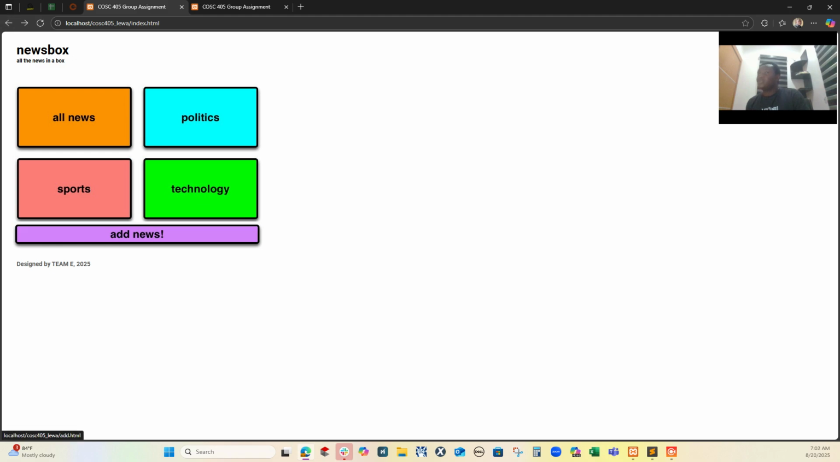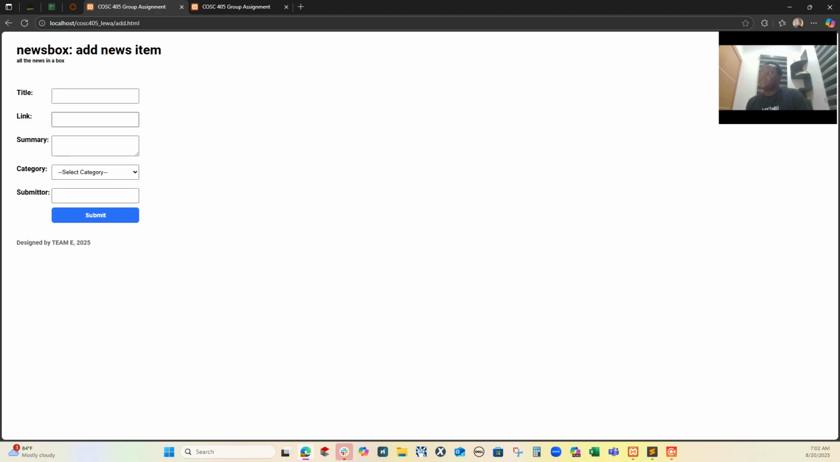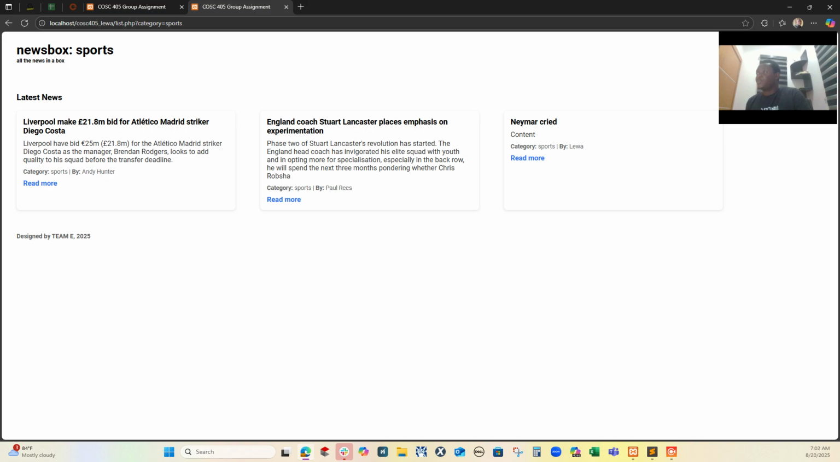The other page is the add news page, where we have a form that can help us take more news into the database. But here it is a static page and it's not going to be interacting with the database. So moving on is the PHP version,